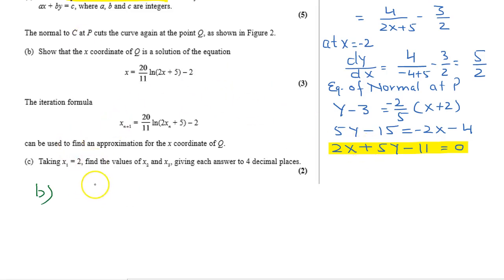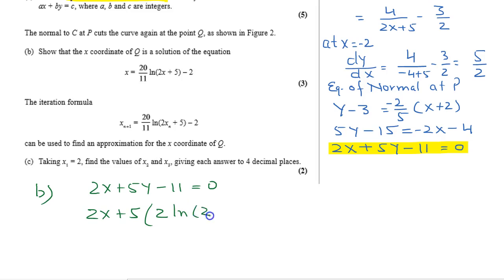So that is 2x plus 5y minus 11 is equal to 0. So 2x plus 5, and the value of y is 2